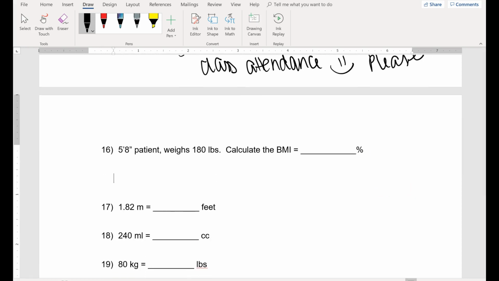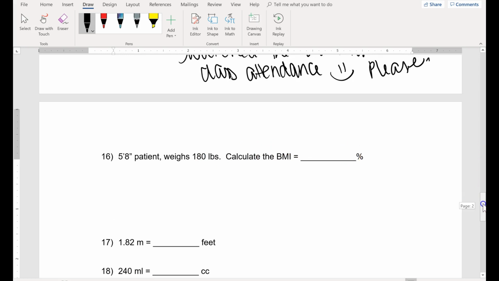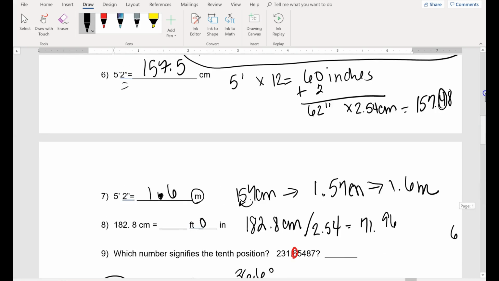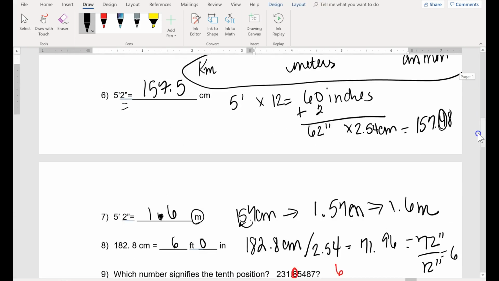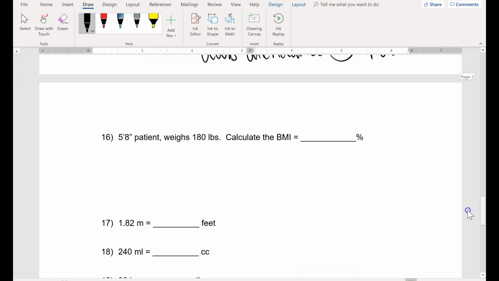All right. This is a little bit of a complex one, so I hope you guys are all ready for this. Okay, so your patient is 5'8", okay, and weighs 180 pounds. I am asking you to calculate the body mass index, okay? So body mass index, our formula is kilograms over meters squared. Okay, so if we go down here,